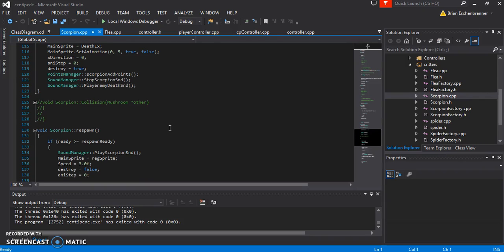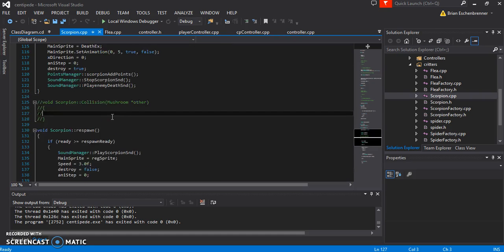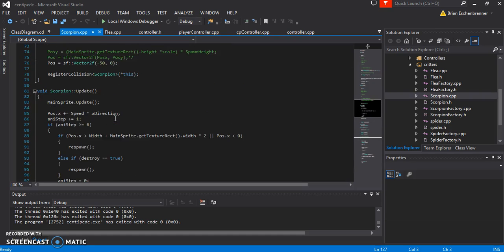In the mushroom, yeah. So the mushroom then, when it collides with a scorpion, becomes poison. The scorpion doesn't need a collision event with the mushroom though, because nothing happens to the scorpion in specific. It just keeps moving until it gets to the end of the screen, in which it then